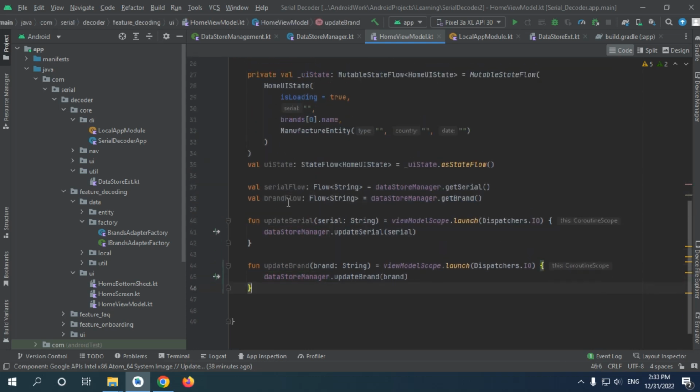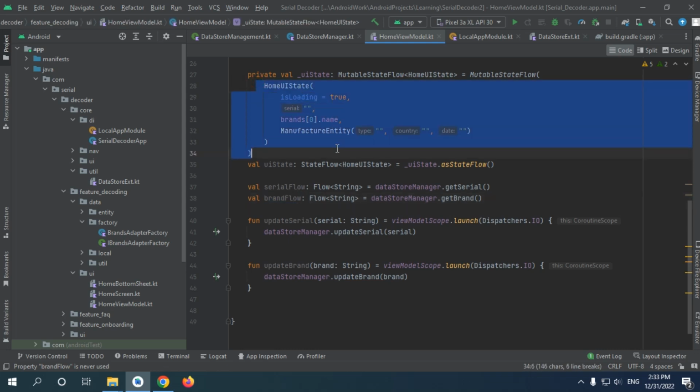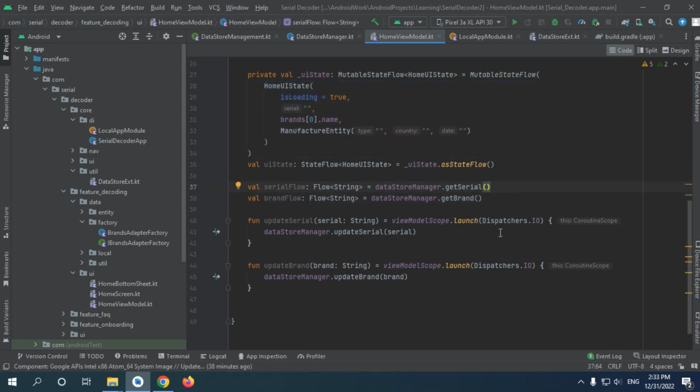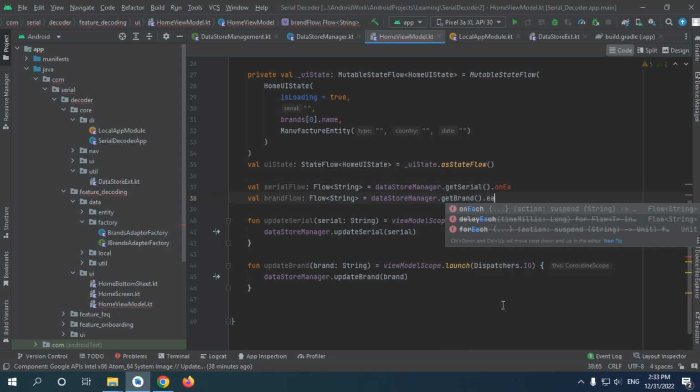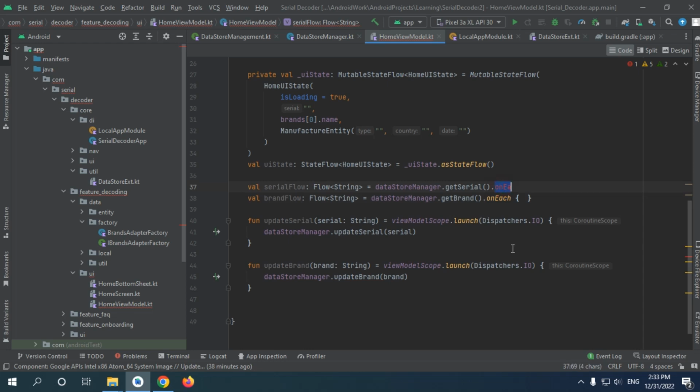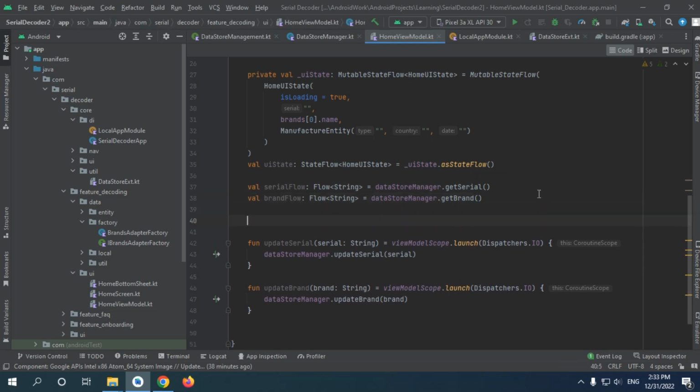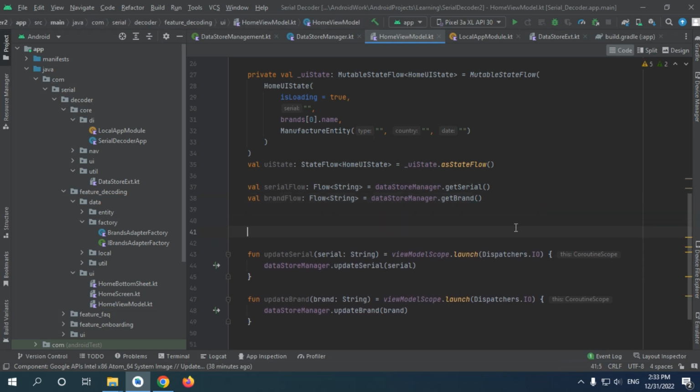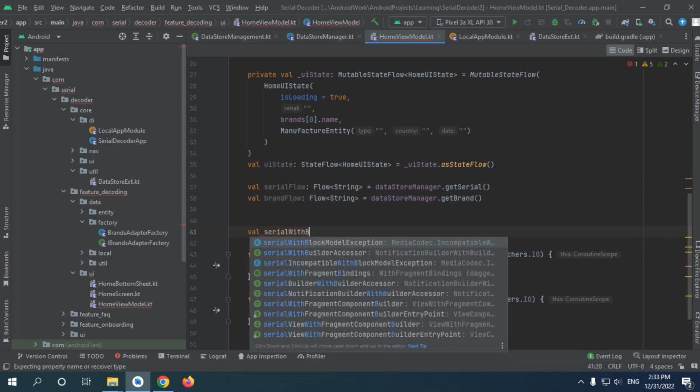And I want, when either the serial or the brand changes, for us to change our home UI state. So how can we do this? We can say on each here and here, which will result in the change on UI. But since they are common, we can actually have a third flow, and it's gonna be serial with brand flow,